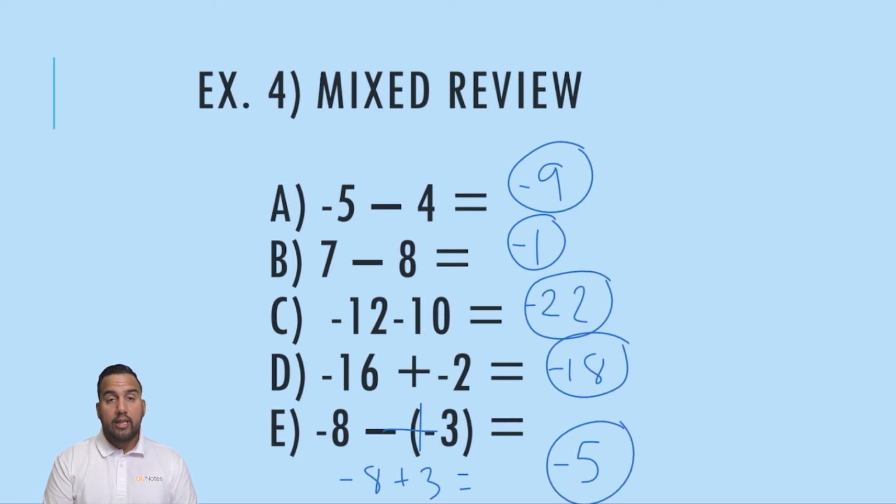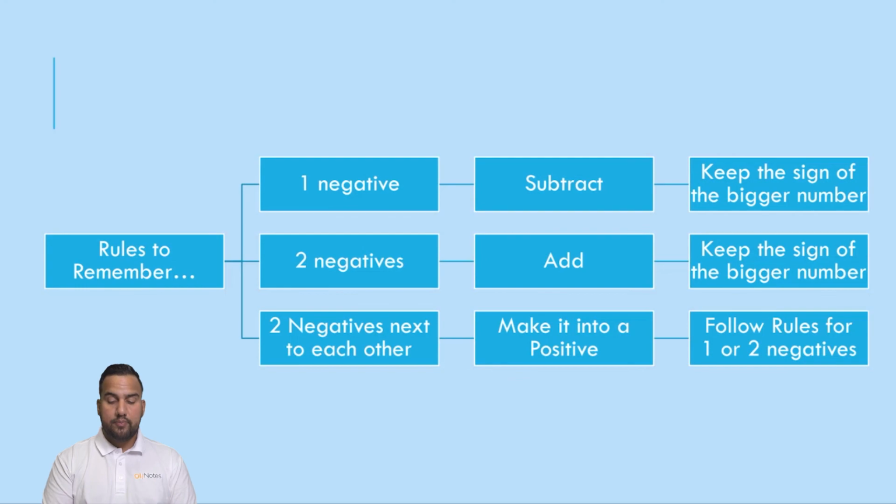Okay? Hopefully you got them all right. Hopefully this helped you out. So what are the rules that we have to always remember? The rules are this. When you see 1 negative, you're going to subtract. When you subtract, your sign is going to be the sign of the bigger number, depending on if it's positive